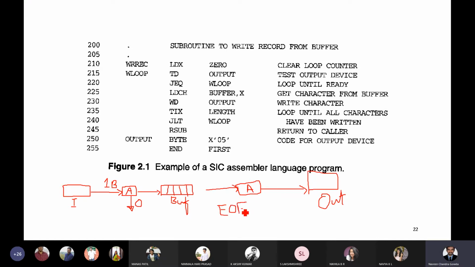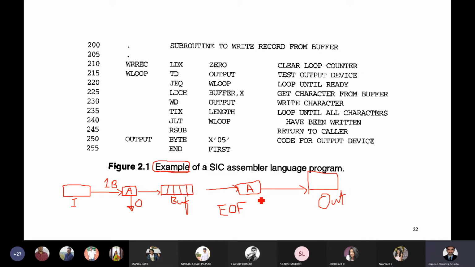So understand, my dear, say for example, while reading, I'm just taking an example. If you read the content EXAMPLE, that will be stored into the buffer. And then later, if you read O, which is actually not the letter O but zero, as soon as you read zero, the input is stopped. So what is read from the input device? It is the example. Where is it right now? It is in the buffer.